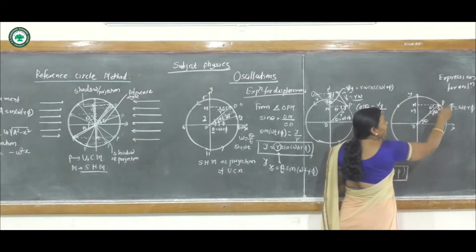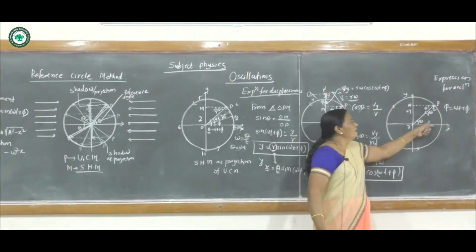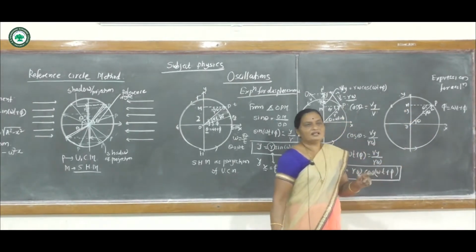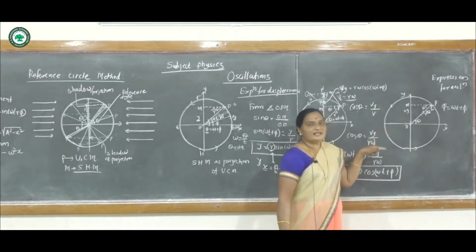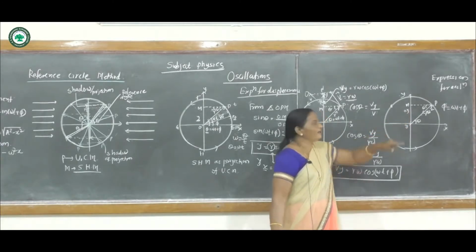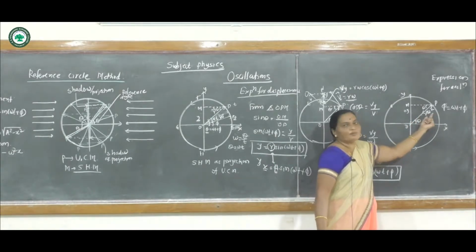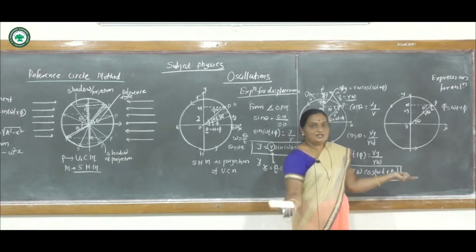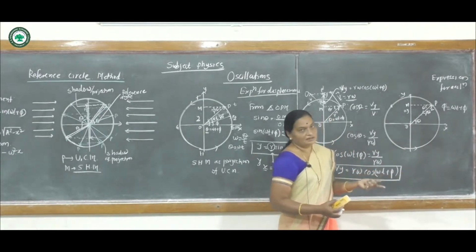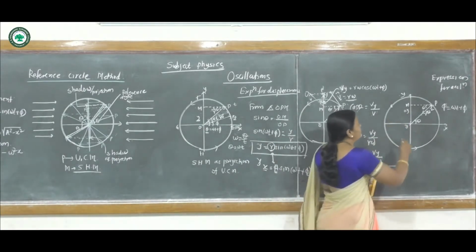Now at point P we consider there is a centripetal acceleration. When the particle revolves along the circumference of a circle, there is a centripetal force acting that points towards the center along the radius. Therefore the acceleration has the value r omega square, and this centripetal acceleration and the radius are in opposite directions. Therefore we can take the triangle OPM.